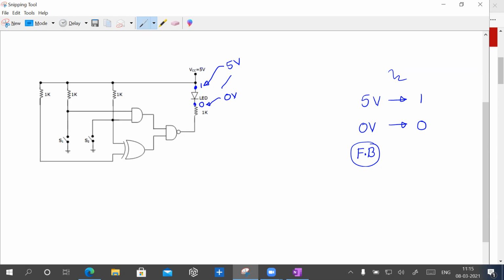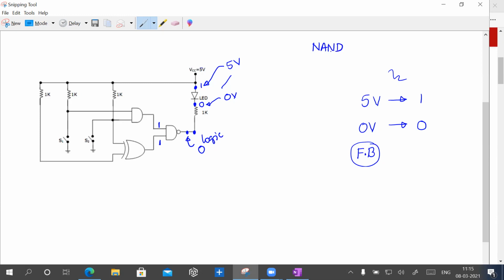So this is logic 0, which means I must have logic 0 here. So when can I have logic 0 here? That means when both inputs of the NAND are 1, only then the output becomes 0, right? Yes or not? Yes, sir. Obviously. So when both inputs are 1, then only we have it, because I know for NAND, the truth